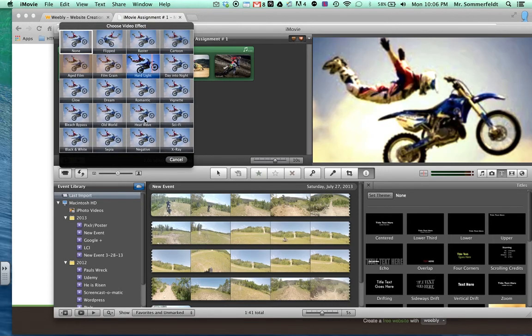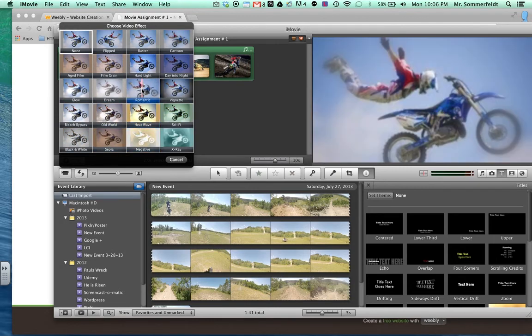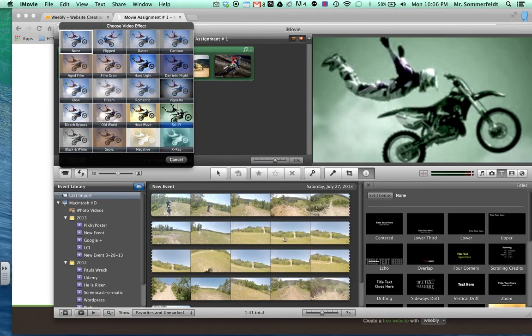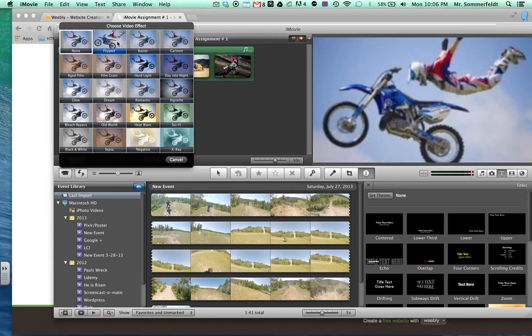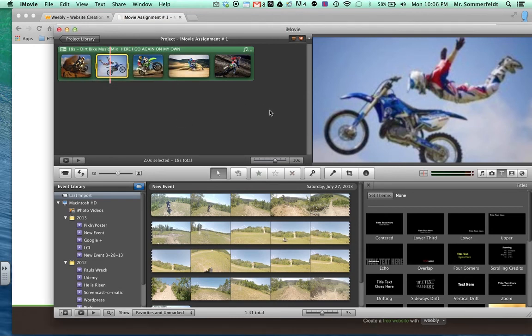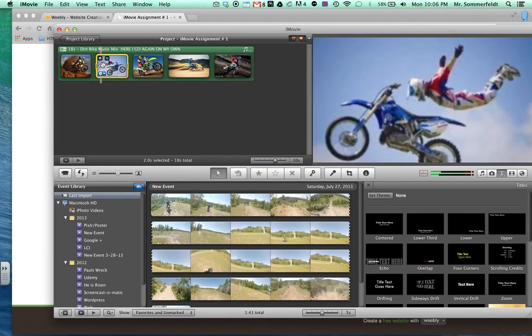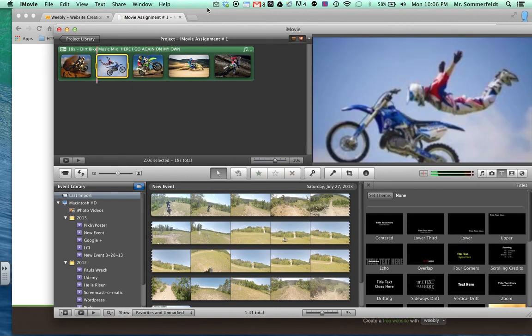And let's say you want to change it a little bit so it looks a bit different. We want to change it into, we want to flip the image. Okay? Just for that one. It actually flips it for you. Okay? We want to do that